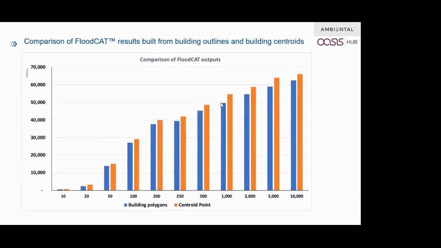Right, so this is the case. We compared about 1.5 million records between FloodCat 1, which was produced from building points, and FloodCat 2, which was built from building outlines. When we compared these two, there was about 10% of risk reduction. We are still validating our results, but we can conveniently say that using building outlines has an impact on your overall AALs. Next slide, please.